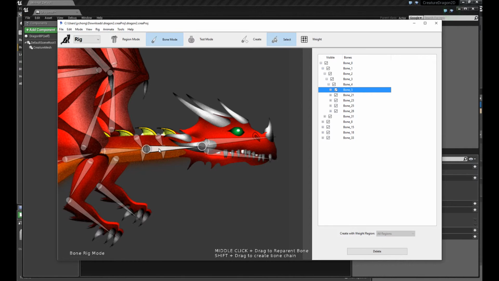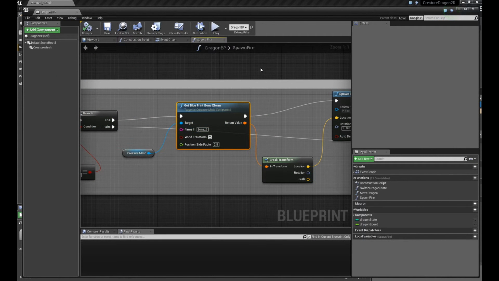Now, if you launch it along bone 5, it might launch at the base or at the tip. We want to launch it at the tip of the bone, correct? Because the flames spout out at the tip. What's cool about the plugin is it has abilities for doing that. So we call the Creature plugin's function Get Blueprint Bone XForm, which will return the transform of a particular bone of the dragon. And make sure you check the world transform property,